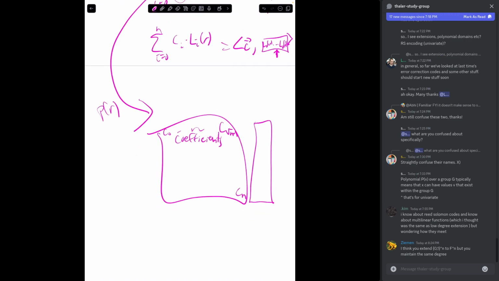The right vector to multiply on the right has the first root n powers of R, and the left vector has the first root n powers of R to the root n. And if you'd like, you can check on your own that if P of X is the sum for i equals 0 to n minus 1 of c_i times x to the i, then P of R